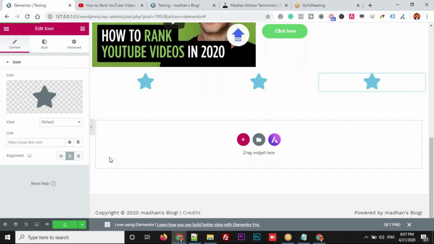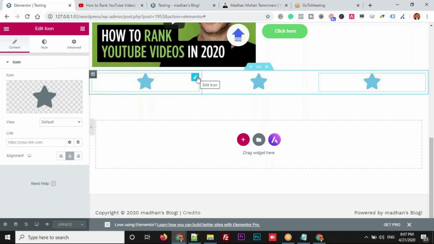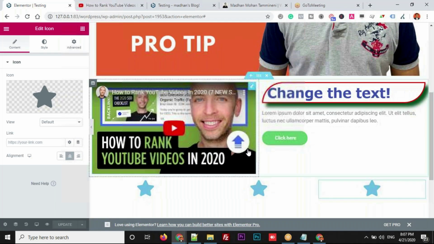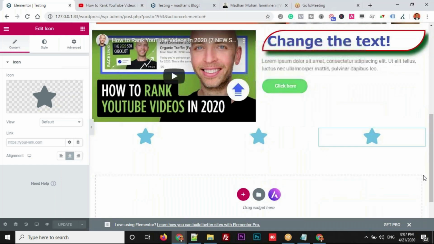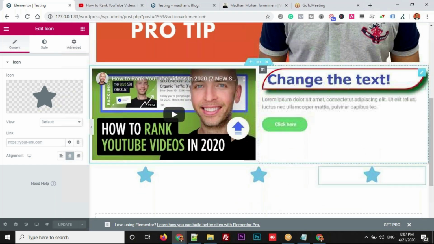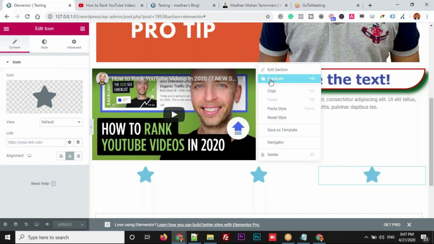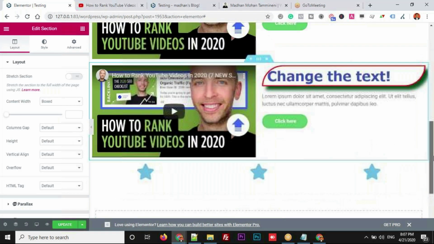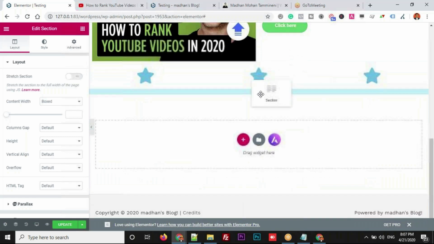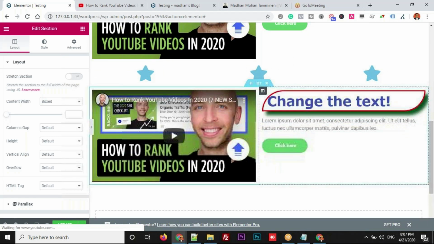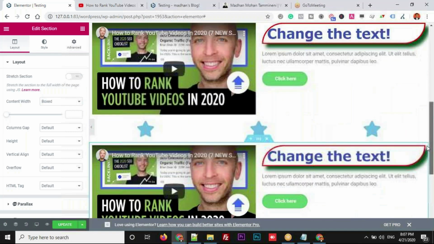And update. Not just duplicating a widget inside a column, you can directly duplicate a complete row as well. In case, let's say, I have added this row here. I want the same row again here. Again, you need not redo whatever changes you made here. Instead, click the dots here, right click on it, duplicate, so that this row will get duplicated. Now I want to change the position. This has to come just below this row. So hold this dot symbol, drag it to the bottom and drop it. Like this, you can change the positions as well.